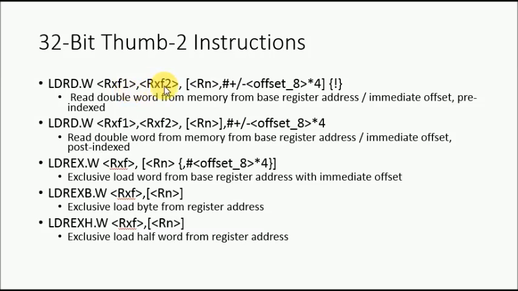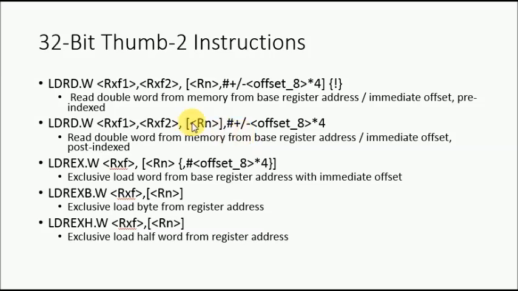Next instruction is LDRD.W. The two registers are there because it is a double word, and in the case of the double word we require two registers. In the case of load, the data will be loaded into these two registers. Now only see how the offset and the physical address are calculated in both cases. The only difference is in the physical address calculation. Here we are using pre-indexing, there no pre-indexing is used, there is only post-indexing.